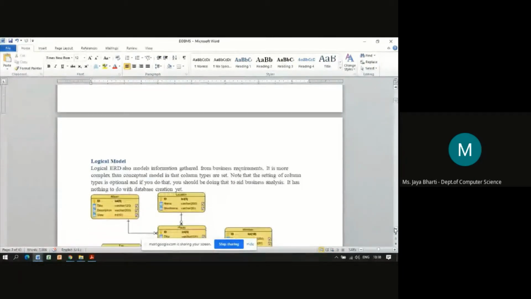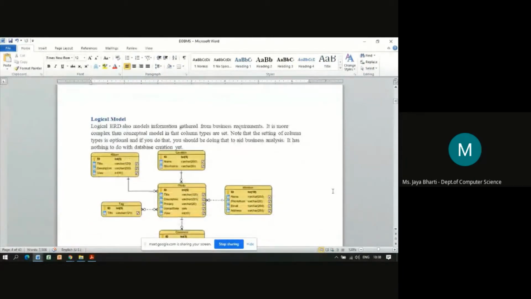Now the logical model. At the logical level, this is how the ERD helps us understand. The logical entity relationship diagram also models information gathered from the business requirements. It is more complex than the conceptual model, because here in the logical structure, along with the column name, they have also given which type of data that particular column is holding.